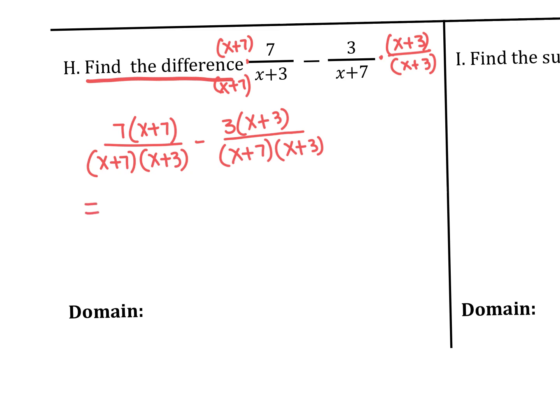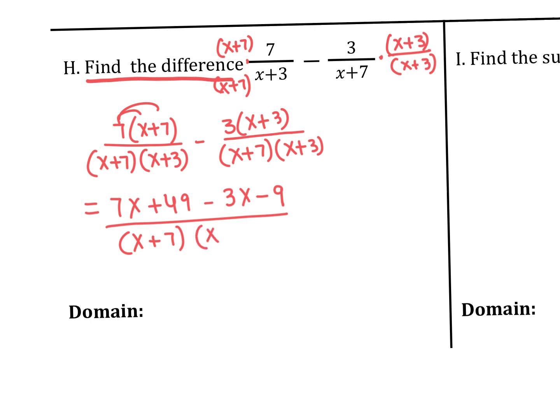What we got here is, distribute the 7: 7x plus 49 minus 3x minus 9 over x plus 7